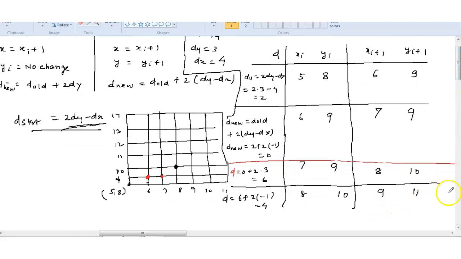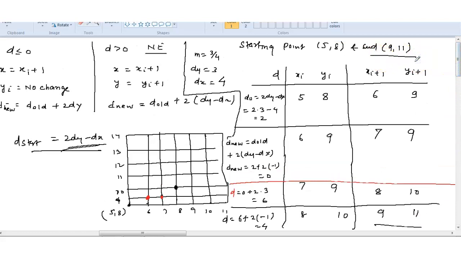So when we get this coordinate 9 and 11, we can see this is the end point, 9 and 11. Then you have to stop. So you can write here this coordinate 9 and 11, and we can draw this as a straight line. It will come out straight, only the difference of the pixels would look like a straight line. So this is the line drawing algorithm. Next we'll discuss the circle and the ellipse.